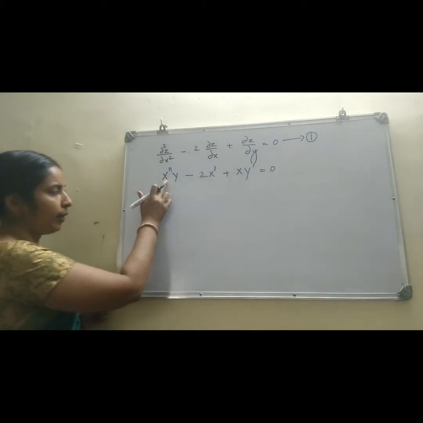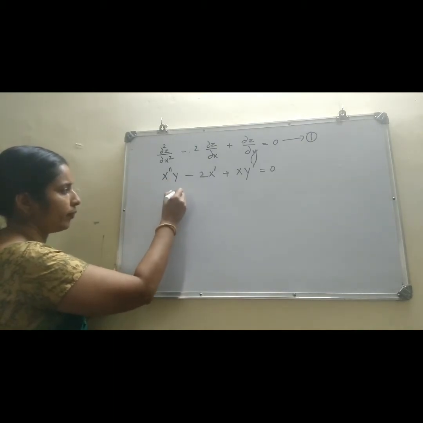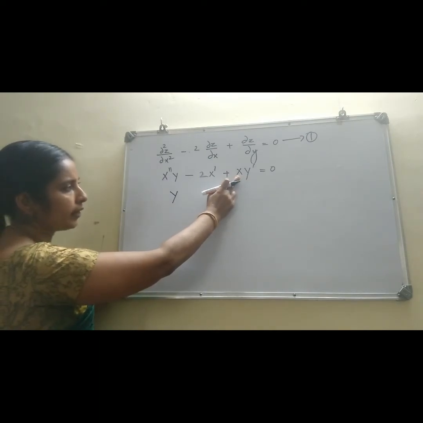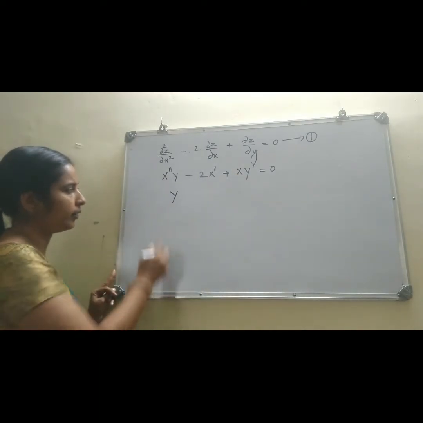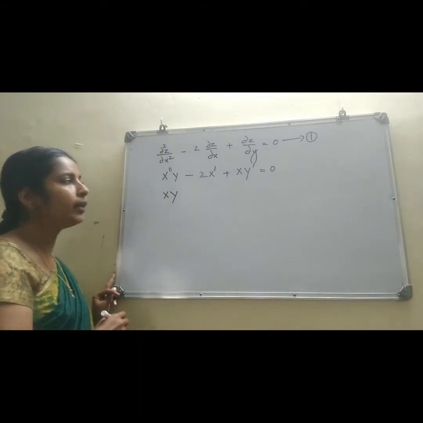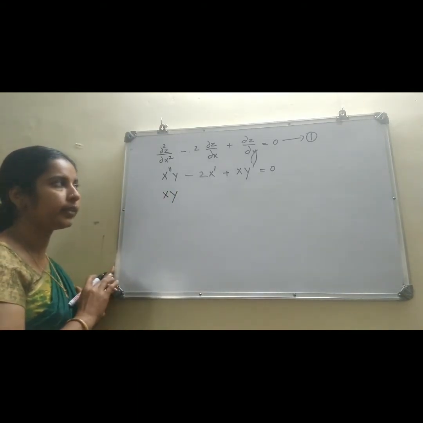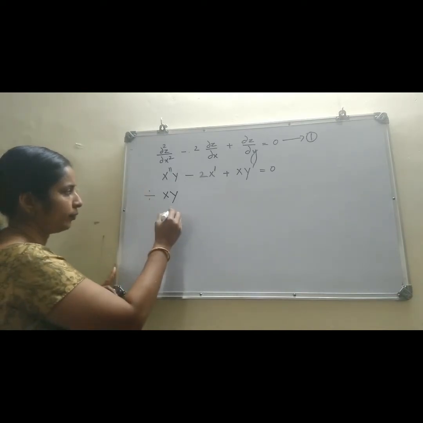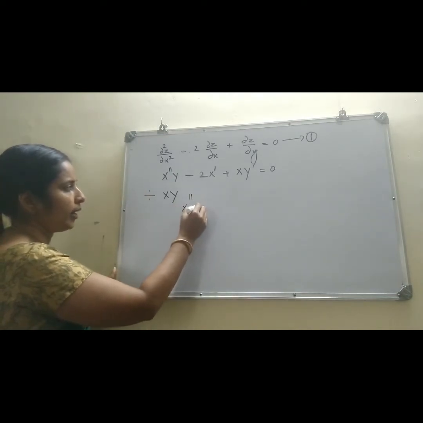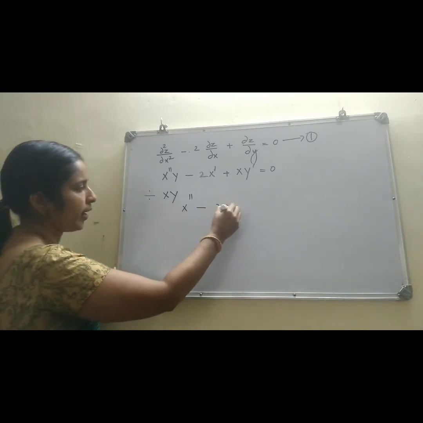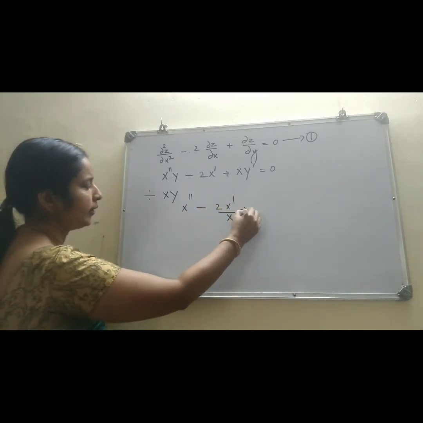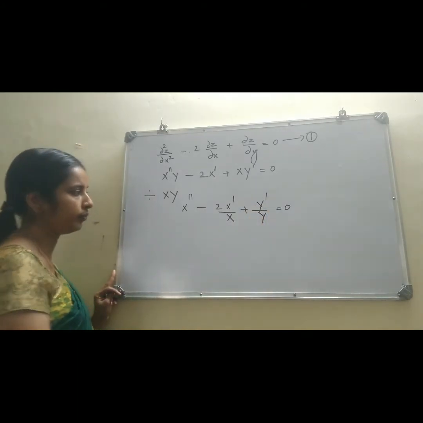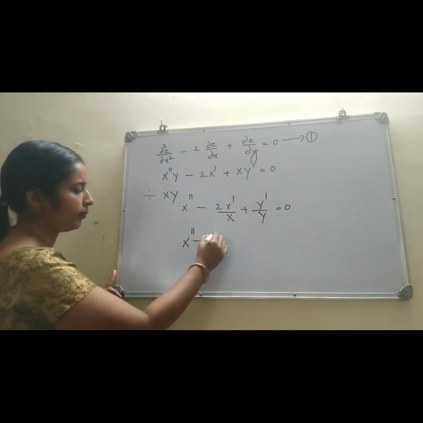From here you have to remove Y, and in this you have to remove X. So you divide throughout by XY, then you can see variables are separated. So dividing by XY, we have X″/X − 2X′/X + Y′/Y = 0, which implies